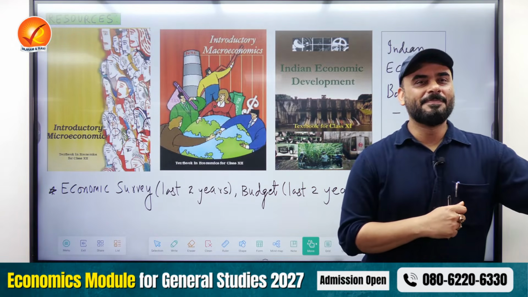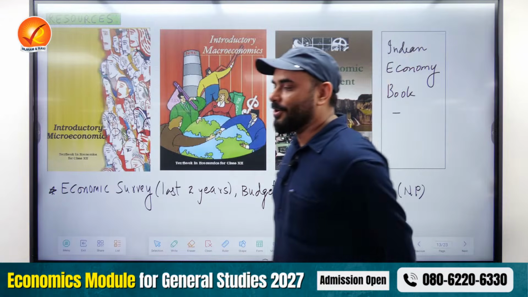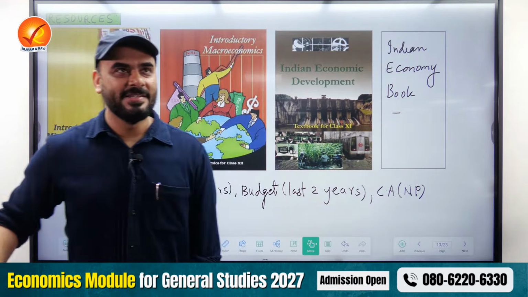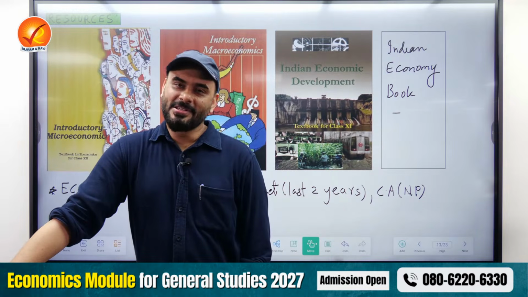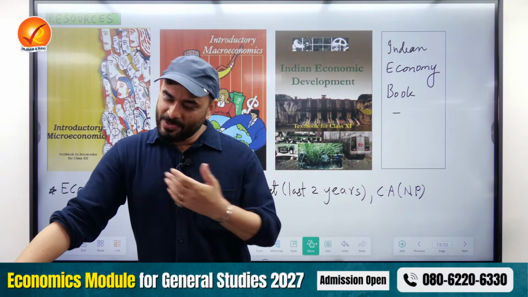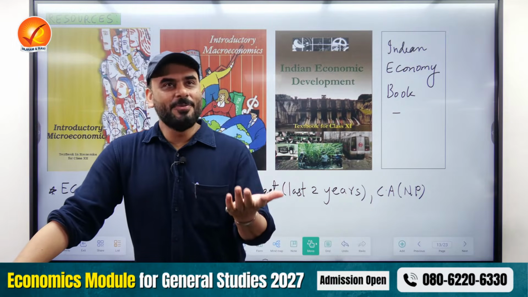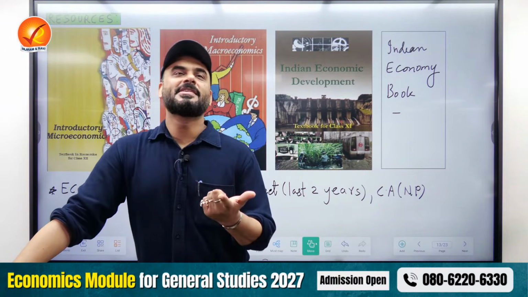For example, NCERT says India was a closed economy after independence. Now, if you literally look at it, India was never a closed economy, because a closed economy would mean an economy which never exports, which never imports. But it is not possible in this world that you can have everything on your own. But then why does NCERT say we are a closed economy?